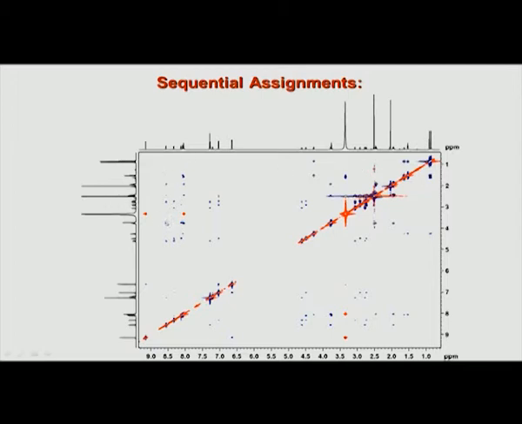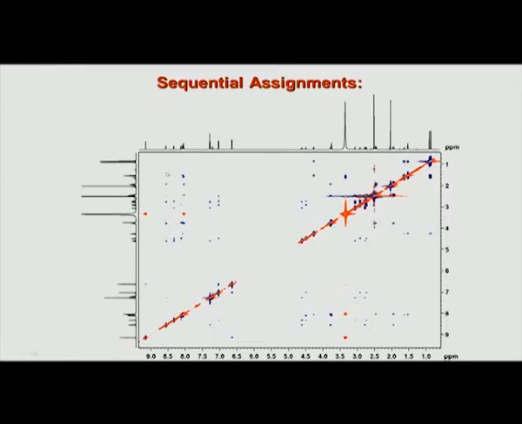So, this is the 2D ROESY spectrum of that peptide, and you can see that it is similar to what you see in TOCSY, but when we look closely we will see that you get additional peaks for each line. We have seen this in the last class where we looked at an example of alanine and leucine, where we saw that in ROESY you not only see the spin system of TOCSY for a given amide. Suppose I draw a line here for a given amide, I see not only the cross peaks from TOCSY, but I would also see an additional peak from the previous, that is sequential i-1, amino acid.